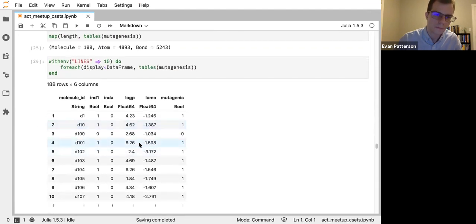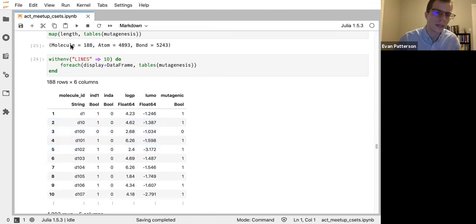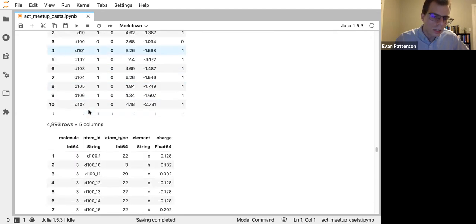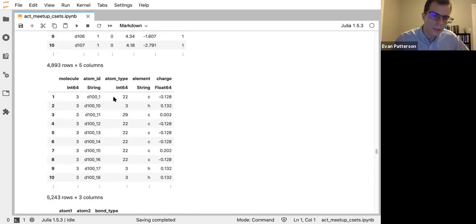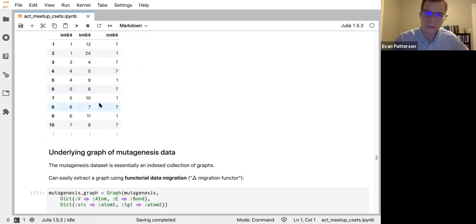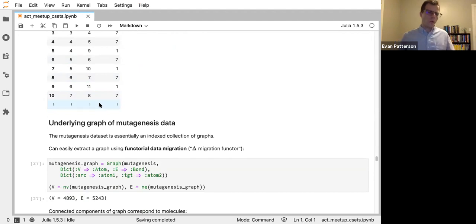What we end up with is a C-set with 188 molecules, about 5,000 atoms, and also about 5,000 bonds. So again, here's what the tables look like. Molecules, atoms, and bonds. Okay, so the first interesting thing about this data set is that its structure is basically that of an indexed collection of graphs. For every molecule, you have a graph where essentially the vertices are the atoms and the edges are the